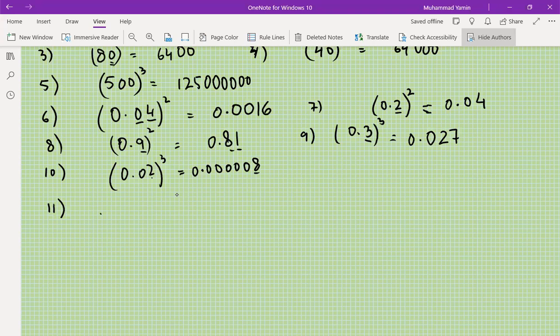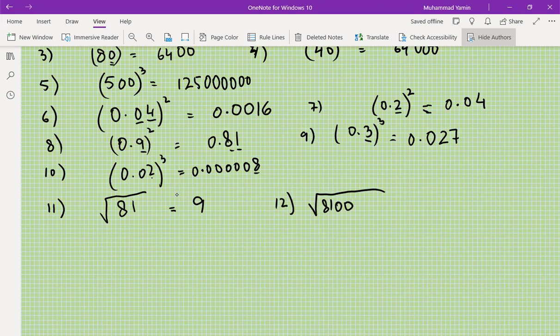Same thing is there for the square root. Suppose it is the square root of 81. It will be equal to 9. We know that 9 times 9 is equal to 81. So that means the square root of 81 is 9. If it is the square root of 8100, then the method is